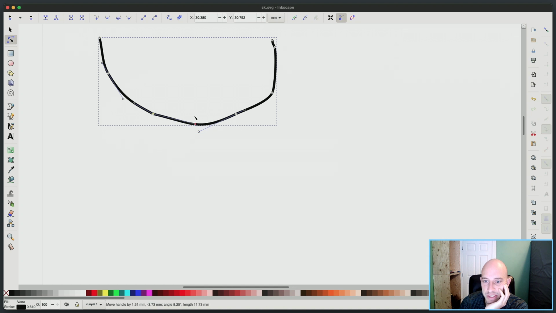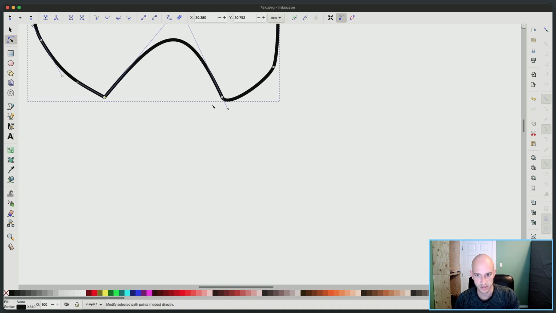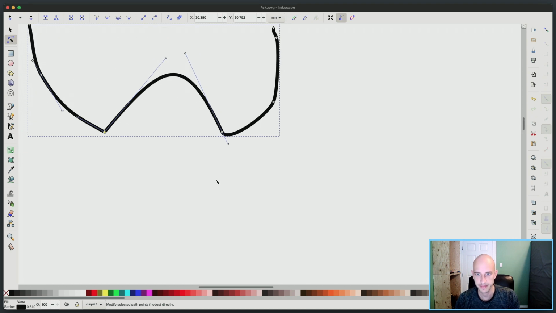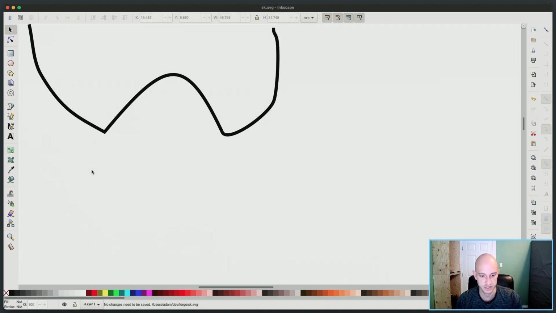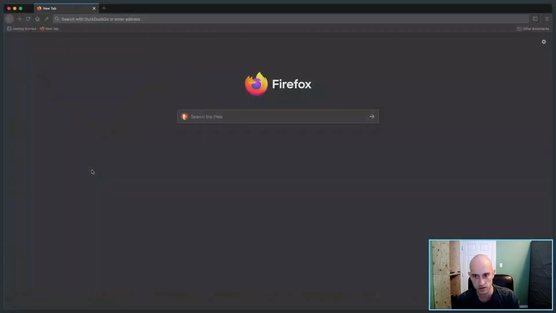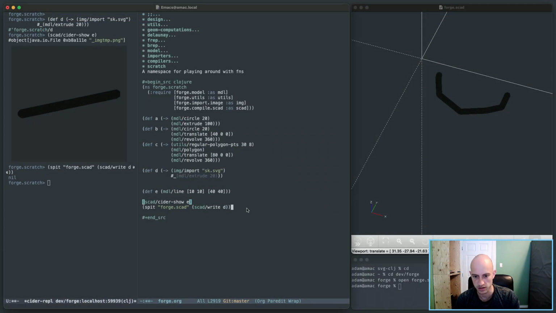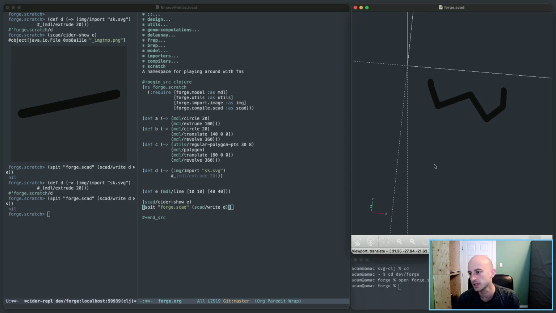points on a Bezier curve, basically, and currently that is not being considered at all. So this, if I save this, it won't. If I load it up, spit it out, it moves that because